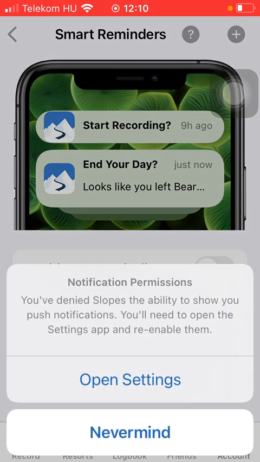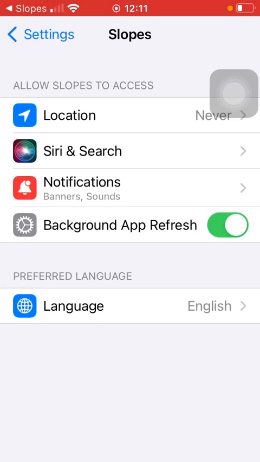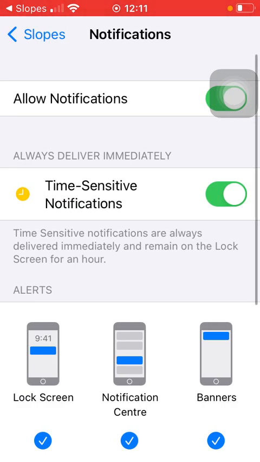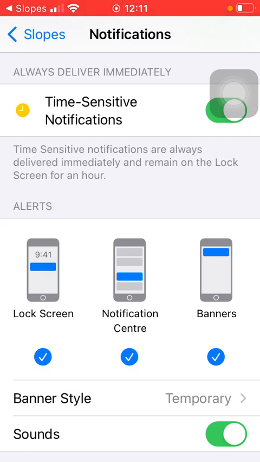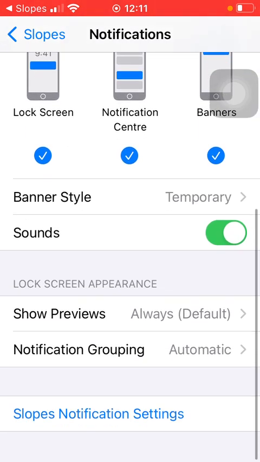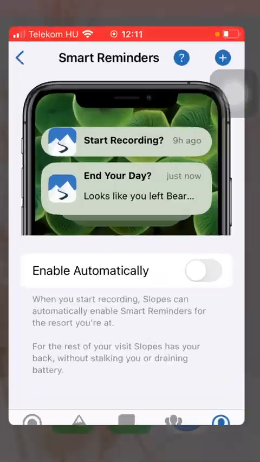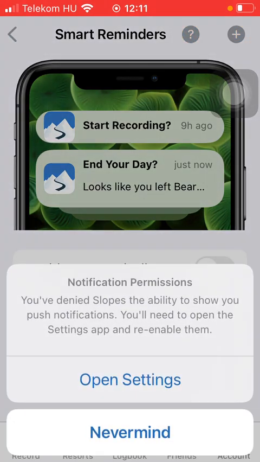So click on the button, enable, then tap on open settings and you will be directed to your phone's settings where you need to click on notifications, that's the third section, and tap on allow notifications. You can also turn on time sensitive notifications which are delivered immediately and remain on the lock screen for an hour. As you go back to the Slopes app, you will be able to